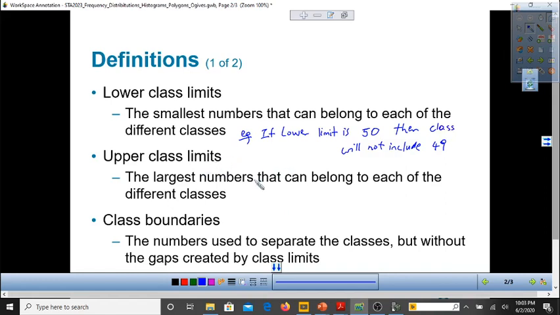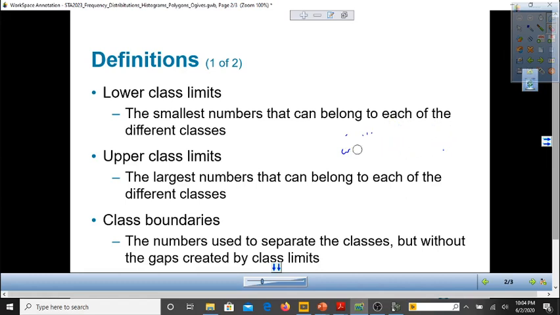Now, the upper limit is a similar measure, but this time it's the highest value allowed in the class. So let me just use an example here. For example, if we have a class that is 50 to 59, then the lowest number allowed in the class is 50, and the highest number allowed in the class is 59. No value lower than 50 will be allowed in the class, and no value higher than 59 will be allowed